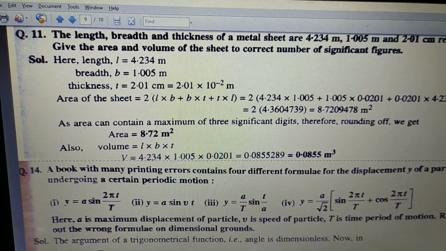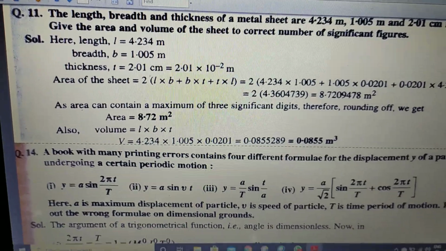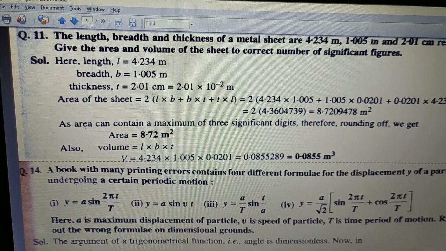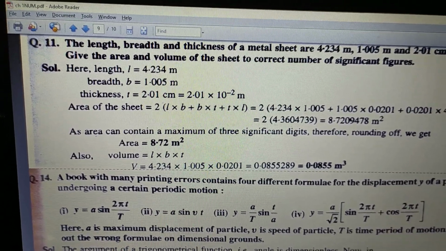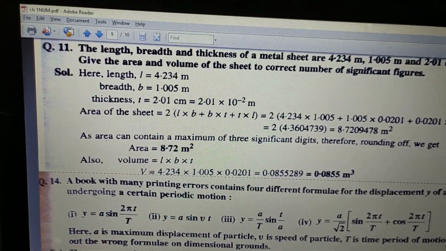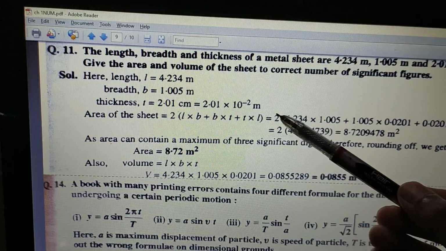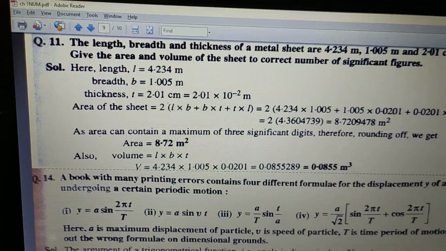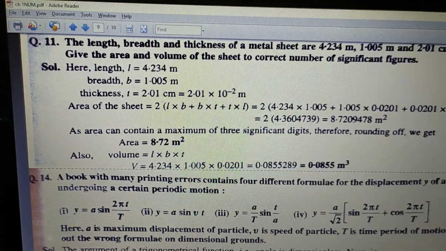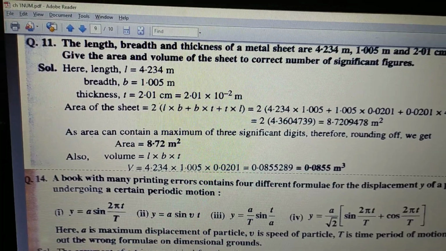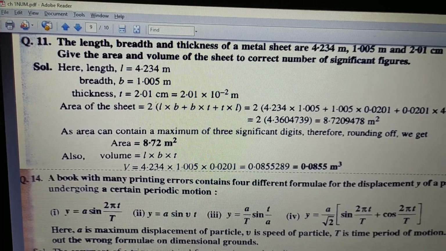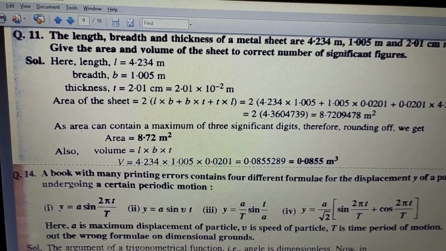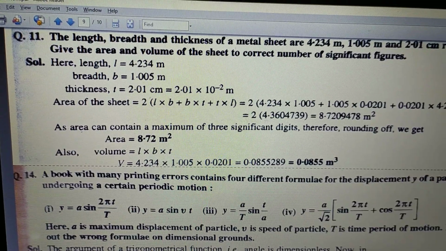number of significant figures. So see, length is given, breadth is given, thickness is also given, and thickness is given in centimeters. So we can simply convert this thickness from centimeters to meters, as 10 to the power minus 2 meter. And now how can we find the area of this sheet? We can see length, breadth and thickness, all three are given. So how can we find the area? As 2 into L into B, B into H, or we can say B into thickness, and thickness into length. That is the total surface area of the cube, or we can say cuboid.